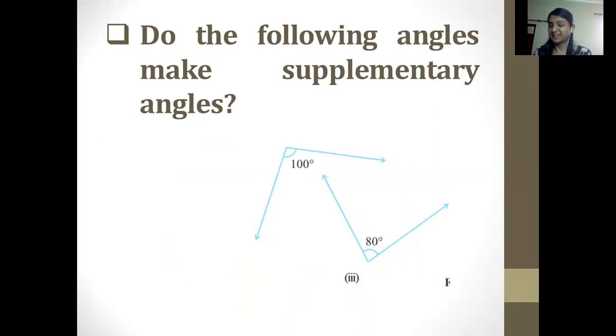I'll be first asking you and then I'll be explaining. So angle 180 degree. Are they making supplementary angles? First of all, you have to recall what are supplementary angles. If you have said that this figure is absolutely correct, then you also are absolutely correct. We consider this as supplementary angles because we know that in case of supplementary angles, two angles make a sum of 180 degree.